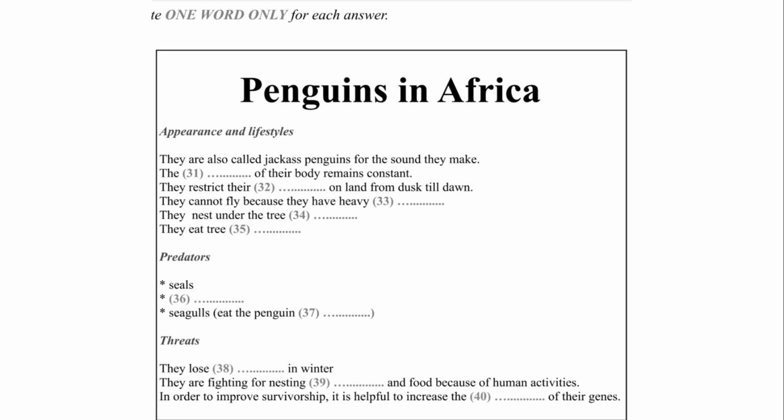2 major factors have contributed to their decline. They are struggling for nesting space due to human disruption and competing for food due to overfishing and pollution. With the limited number of breeding pairs, survivorship becomes difficult for African penguins. This makes them especially vulnerable as environmental conditions change or an outbreak of a disease occurs. For instance, avian malaria has caused 27% of the captive breeding penguins' deaths annually. The more genetic diversity there is within a species, the higher the likelihood that at least some of the individuals will adapt and survive.